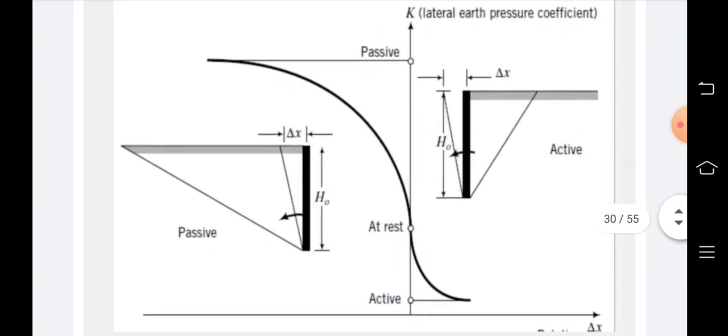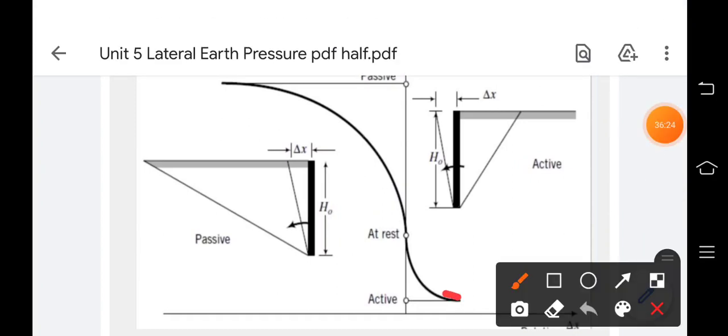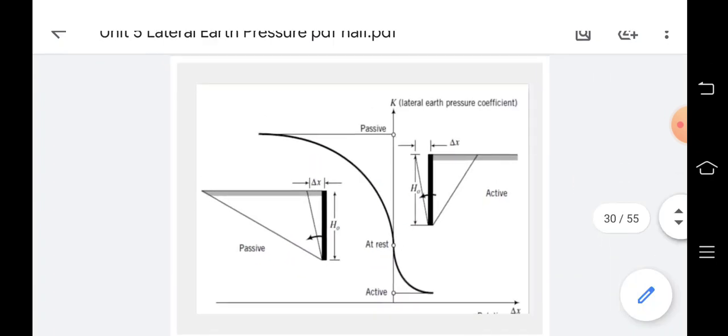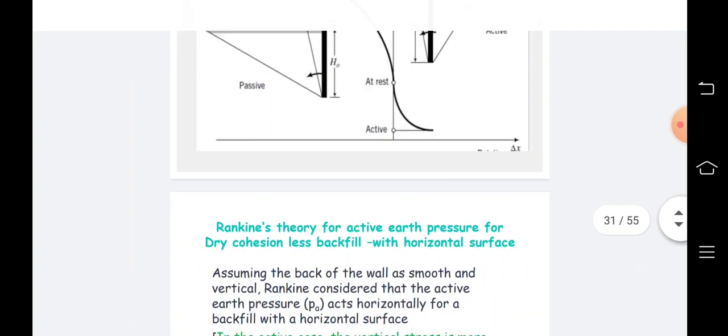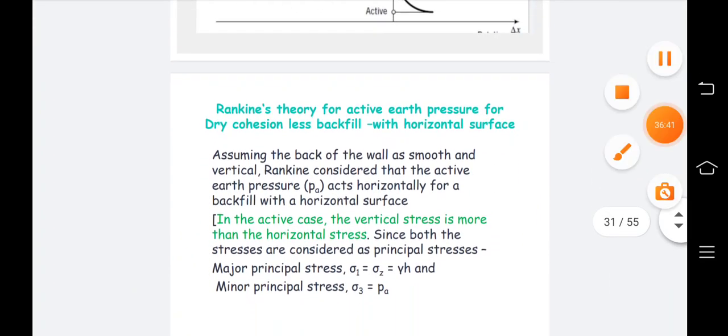So these are the cases. This graph shows the rest condition, the passive condition and the active condition. This is the mode of failure, showing the active and the passive, the expansion zone and the contraction zone. In the rest condition no kind of strain happens, that's why no graph is shown over here. Okay, so in the next lecture we will